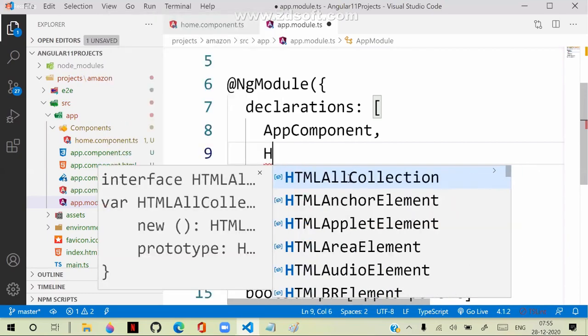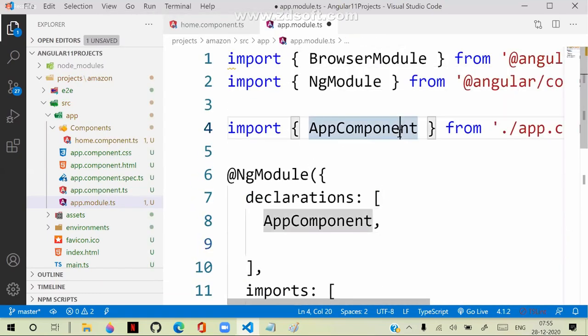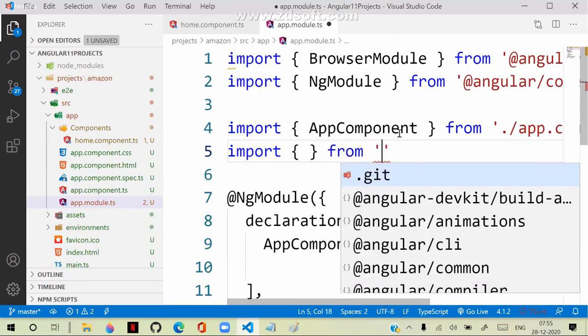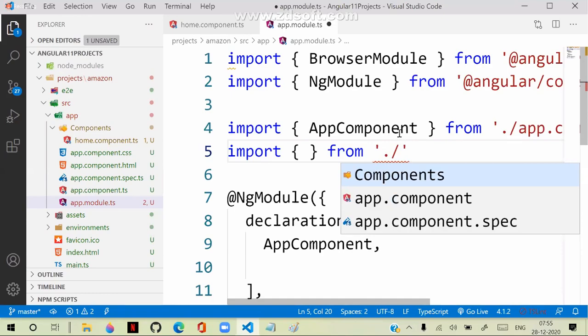Otherwise, what we have to do, first we need to import that component related library here. So from which location? It is not present directly here. It is present in a separate folder. What is the separate folder? Components folder. That means dot slash.